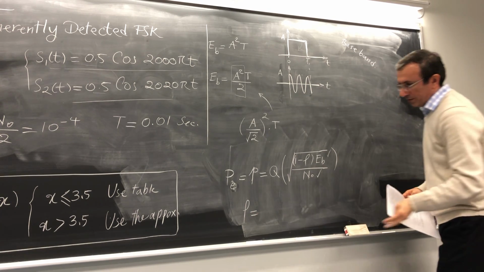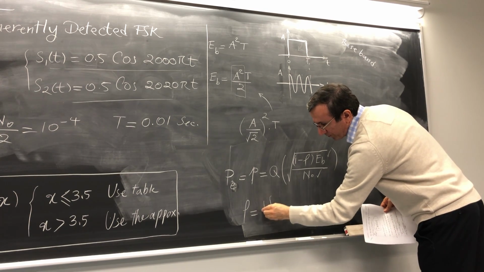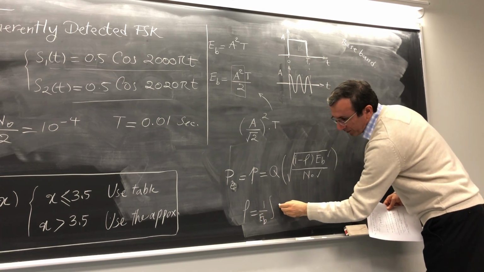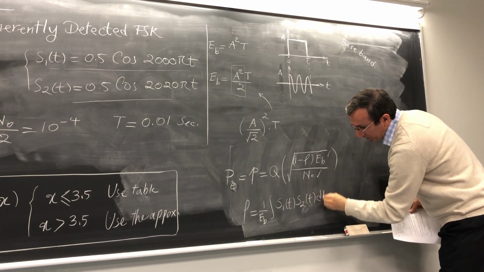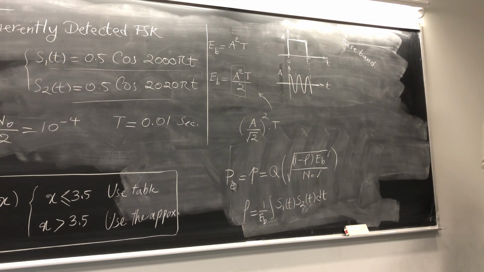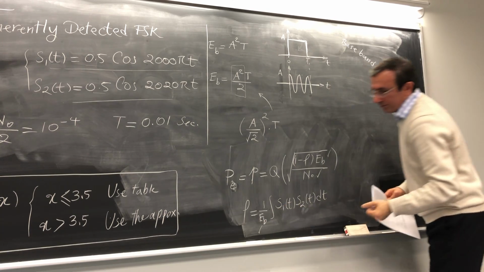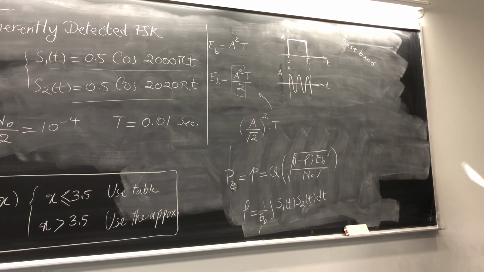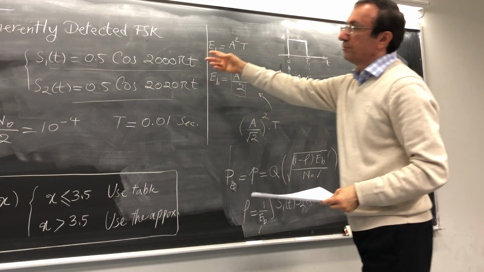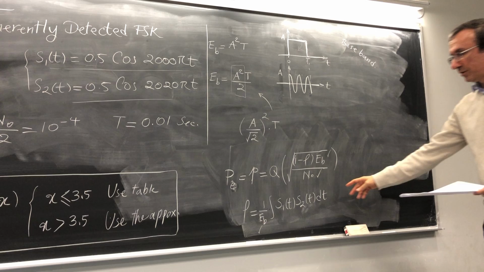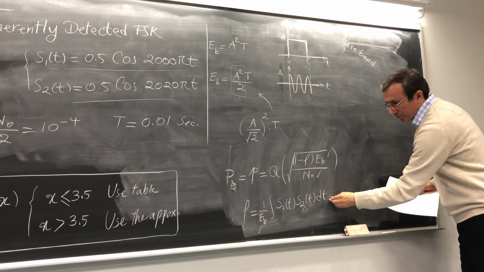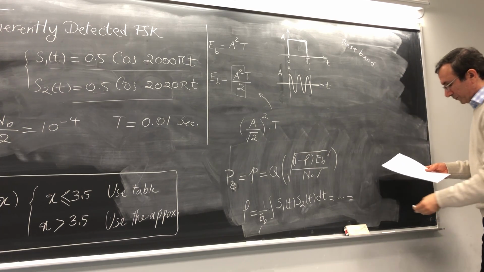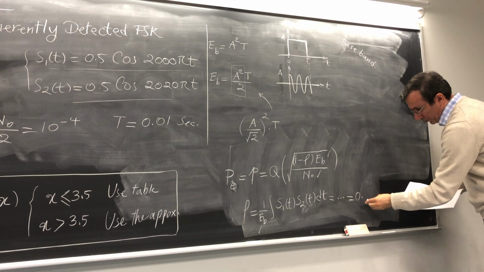which is indeed the integral of S1, S2, dt normalized by the bit energy, right? So we have EB, and we also have the two prototype signals. We have to take the integral. We're going to come up with